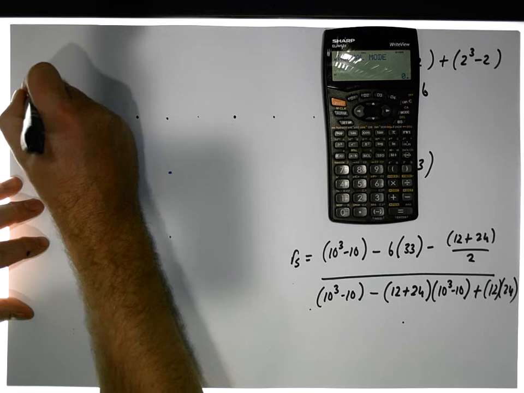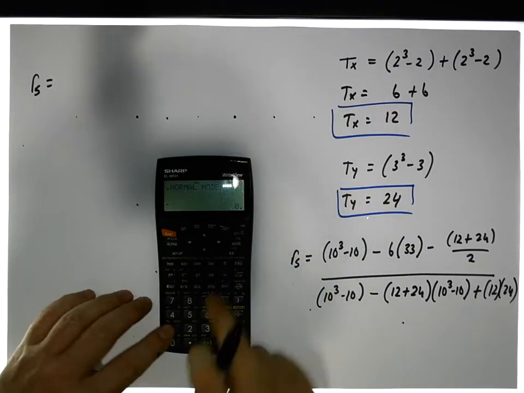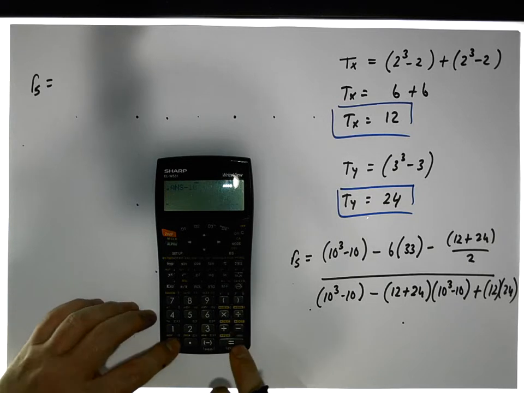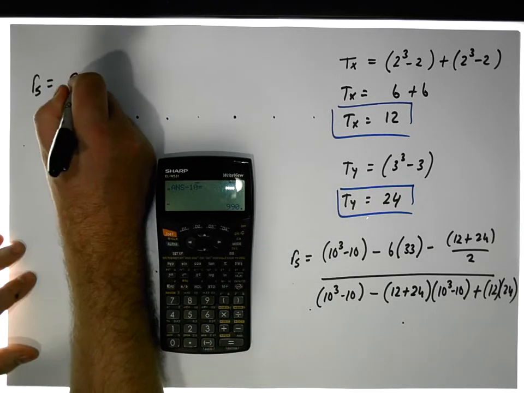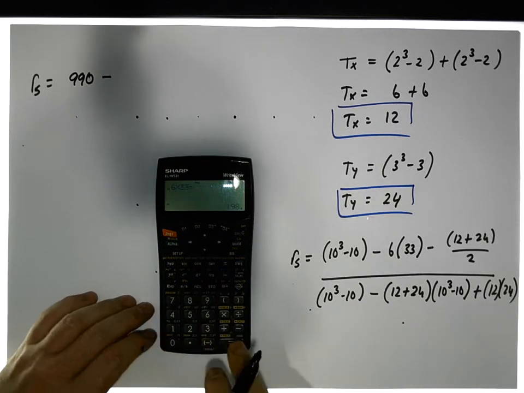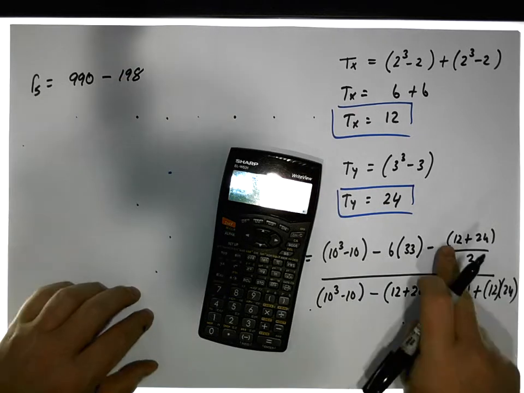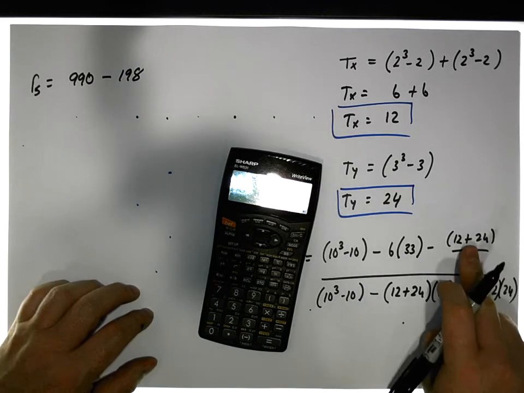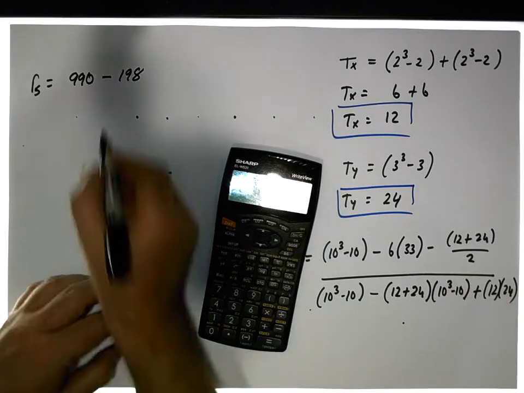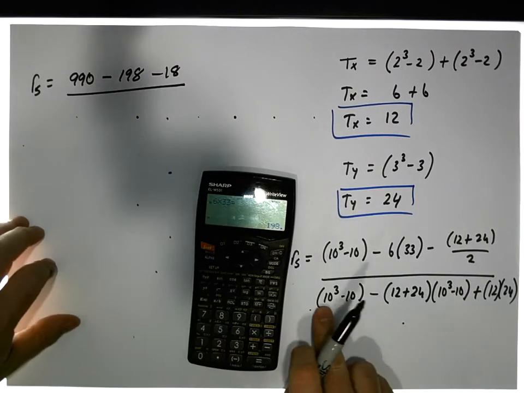So Rs is equal to, let's see what this factor is here. It's 10 cubed, which gives us 1000, minus 10 gives us 990. So it's 990 minus 6 times 33. So 6 times 33 is 198. So minus 198. In this case here we have 36, and 36 divided by 2 gives us 18. So it's going to be minus 18, and that needs to be divided by, once again, 10 cubed minus 10